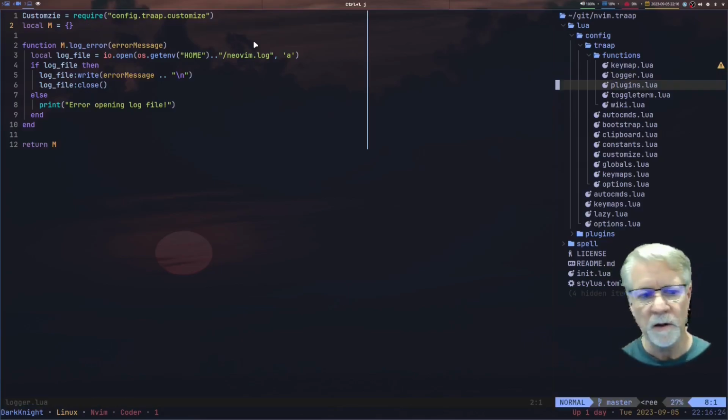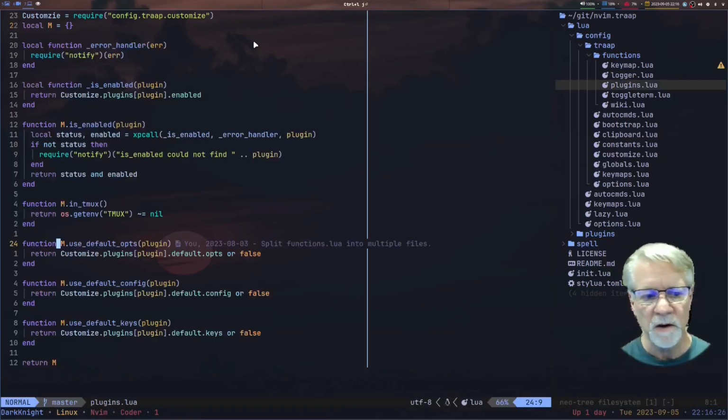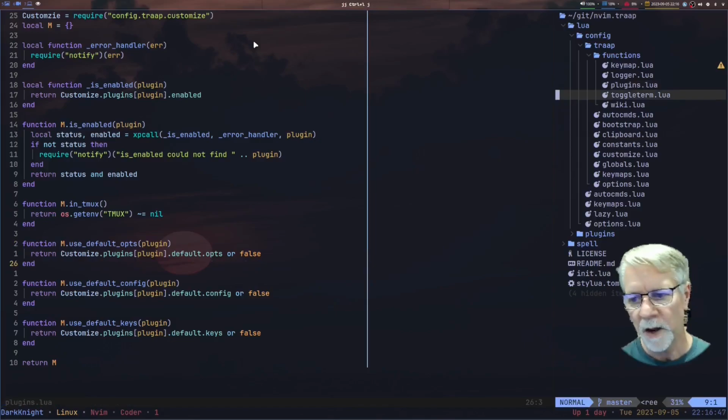My plugins, there's nothing fancy here. It's just a quick and easy way for me to get some information. So if I want to determine is something a default, is something in tmux, etc., I have a function for that. So let me bring up a parallel to this file so you can kind of see the two playing together. So we're going to go back over to the NvChad tree, and we're going to, oh, by the way,